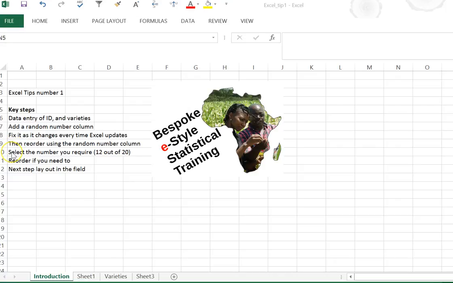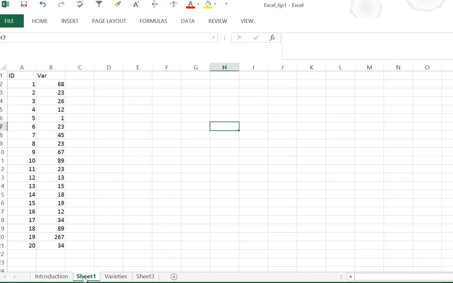And then if we only want to select a certain number, in this case we might just select 12 out of the 20 varieties. I'll show you that, then you can randomly select them, and then if you want to you can reorder them, and then obviously your next step would be to lay out those particular varieties in your field trial. So in this sheet here, and I'm just clicking on a different worksheet at the bottom,